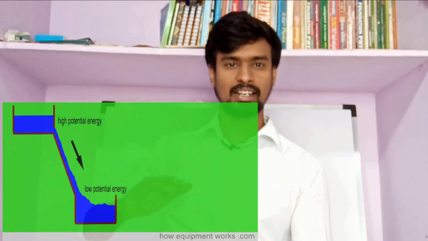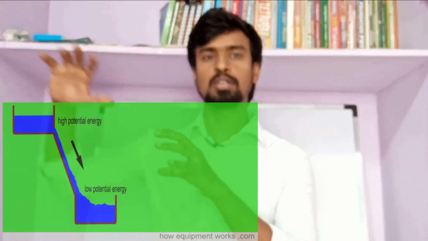Now the second one, Task 2. One tank is at some height, the other tank is down, and we connect both tanks with a tube or a pipe, and both tanks have an equal amount of water. Does the water flow from one tank to the other? Yes, water will flow from the tank kept at height to the lower one. The question is, why does the water flow from the tank at height to the lower one?